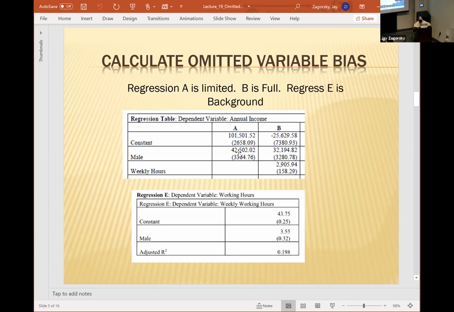In simple terms, it says from the first regression, and believe me, I have no idea where these data came from. I don't know if they're true or not. I don't think they're true, okay? It says men earn about $42,500 more than females in this particular data set. When we do the full regression, it says